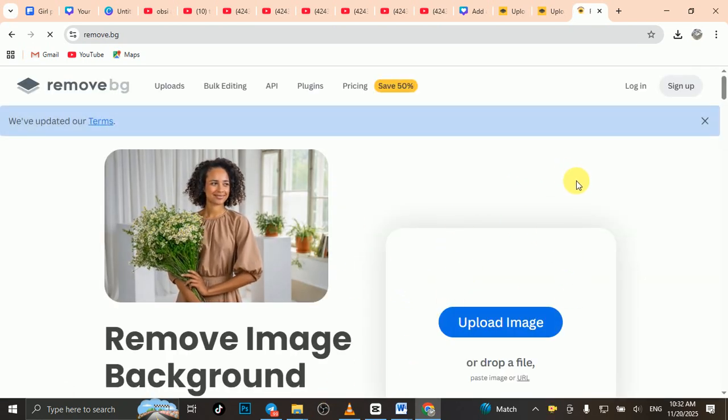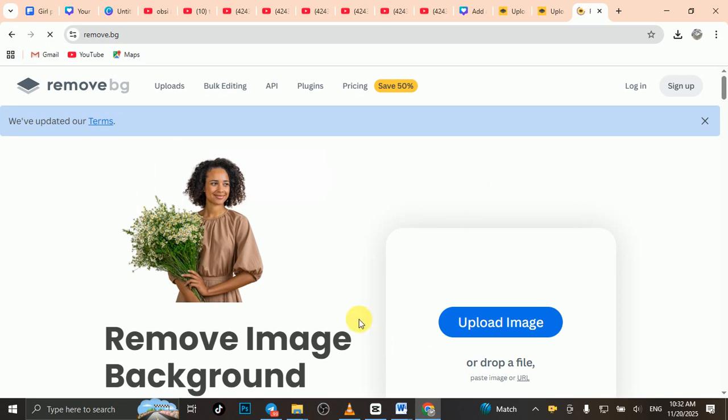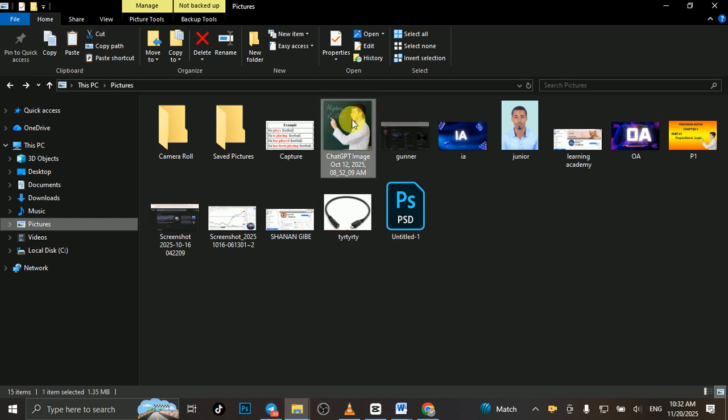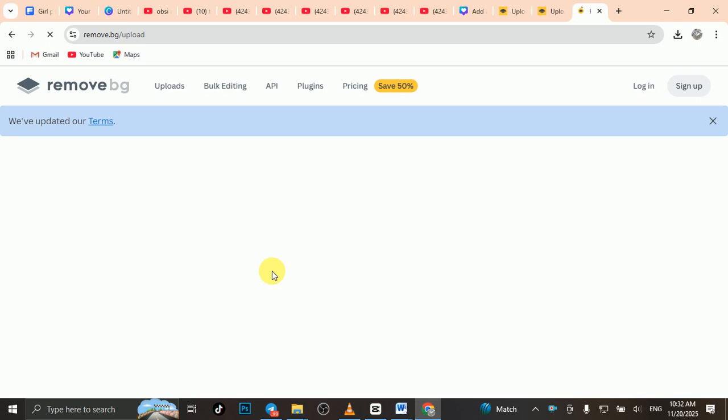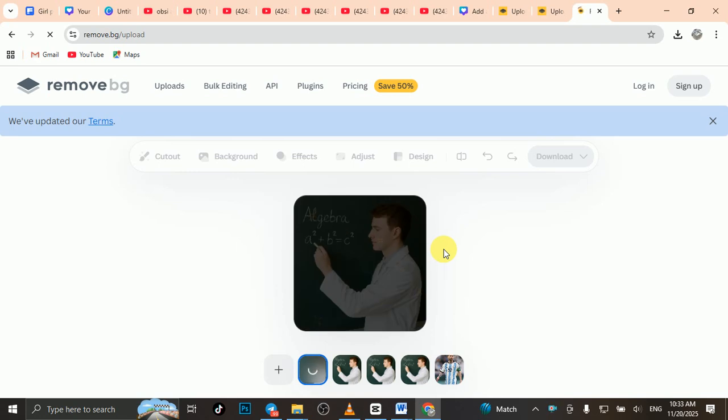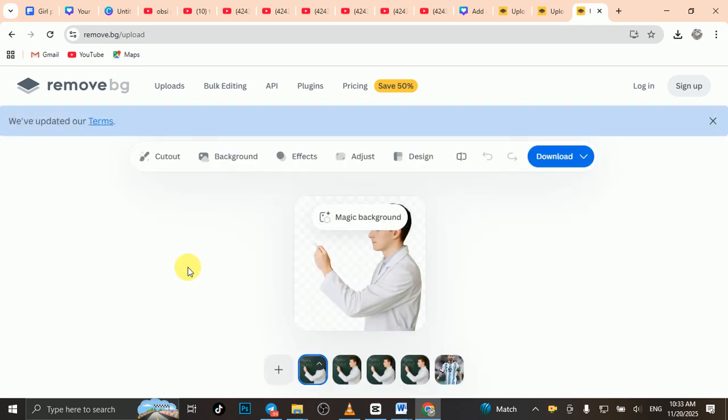Then there is a photo that you want to change the background of. Then select the photo and drag it onto this website like the way I'm doing here. Automatically it is scanning, and after the scan in a few seconds the background will be cleared, and we can put